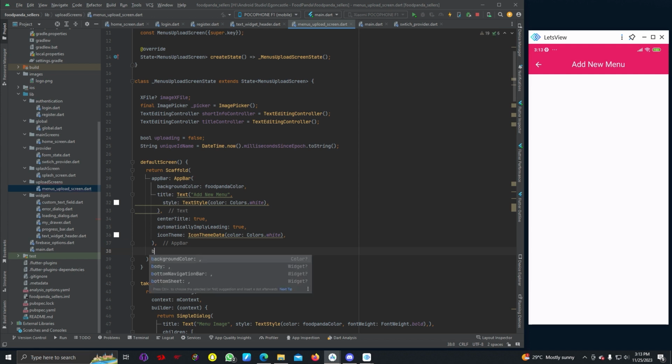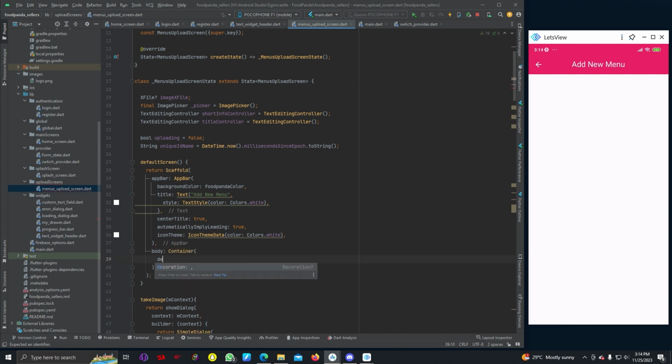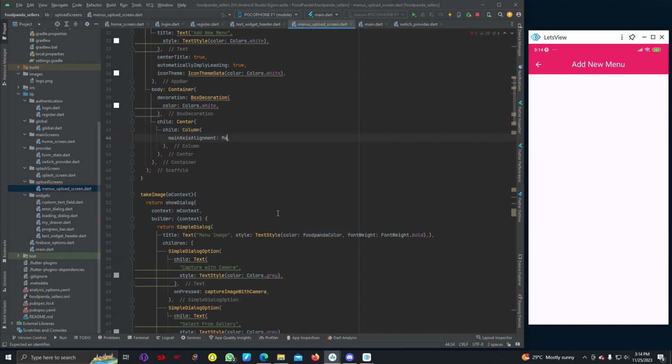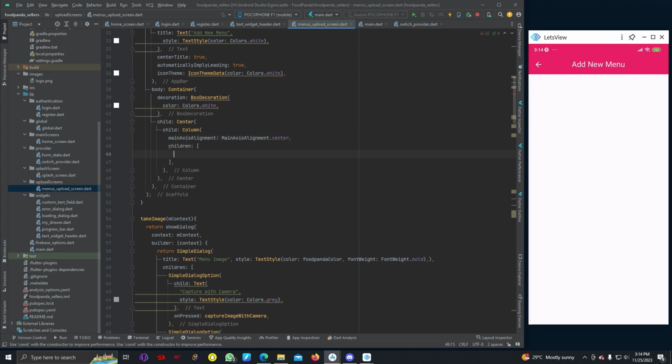So after app bar we can write body: Container, decoration BoxDecoration, color Colors.white, child Center, child Column, mainAxisAlignment center, then children: Icon, Icons.shop_sharp, color Foodpanda color, size is 200,